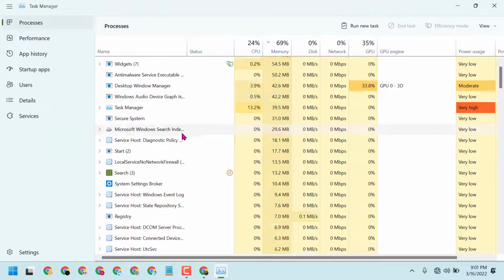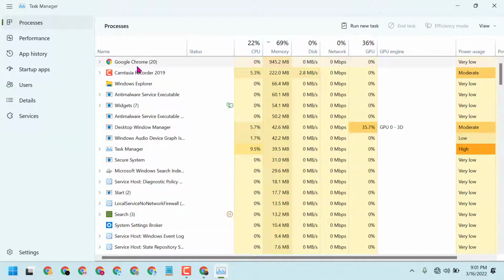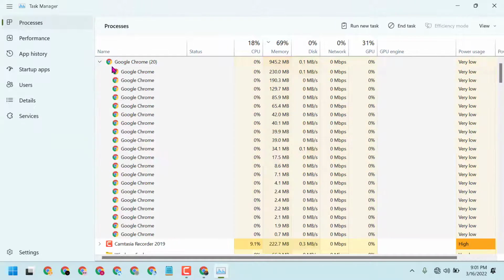So we can see here in the second tab. In my case, just now Google Chrome is using high memory, about 69%. So it's the maximum use of this Windows memory by the Chrome browser. Now expand here, you can check,